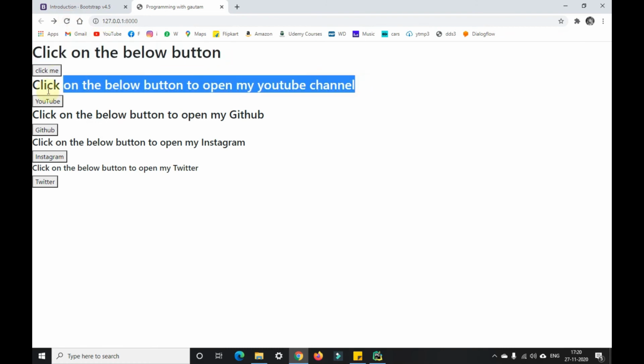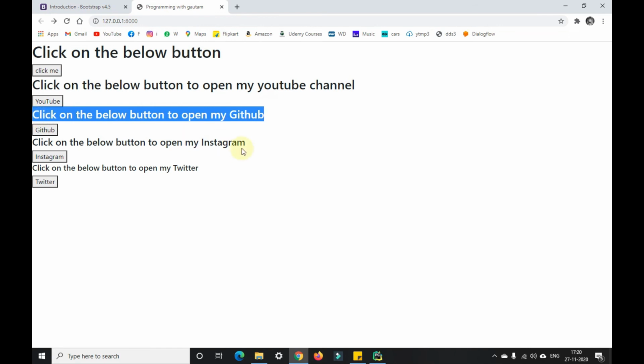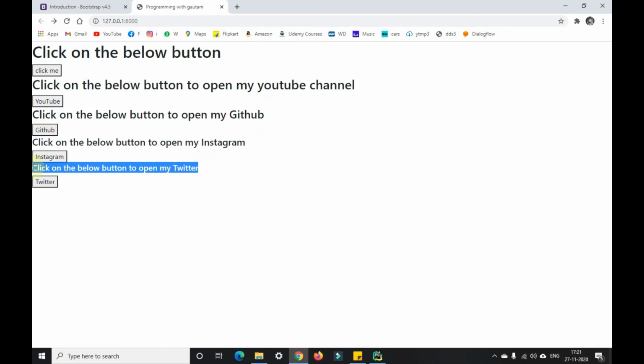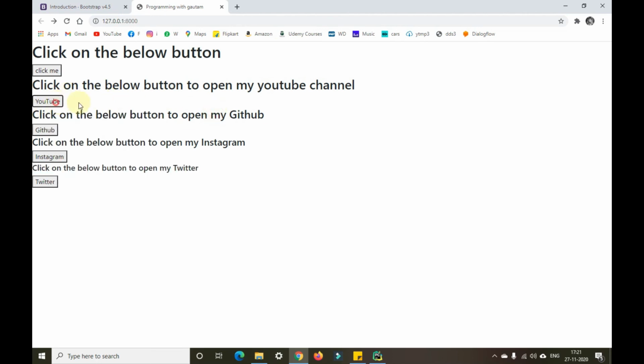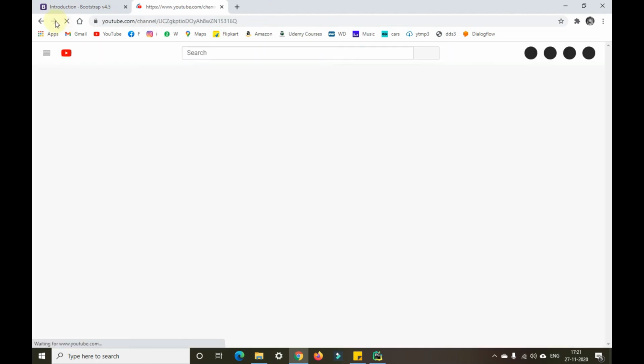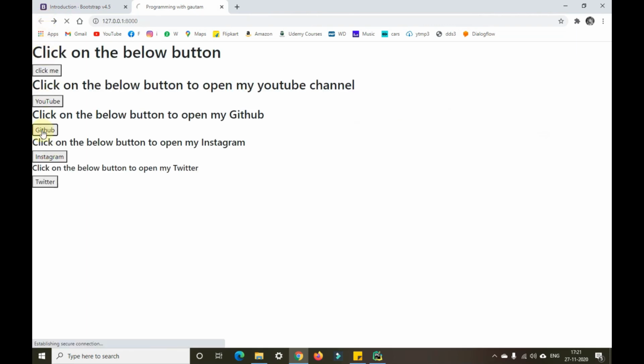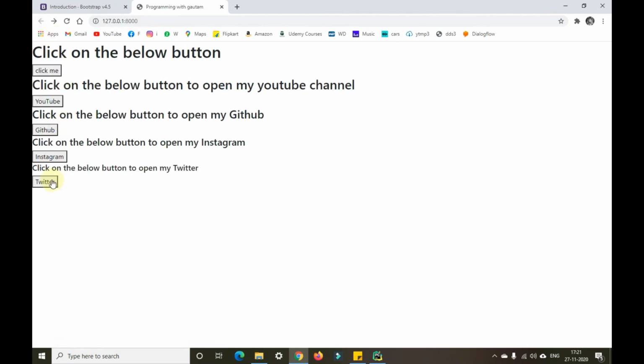Then this is H2, H3, heading 4, heading 5. Similarly, we have heading 6 as well. Whenever you click me, it shows an alert box saying don't click on the button again. This redirects to the YouTube page, this redirects to my GitHub page, this redirects to my Instagram page, and this redirects to my Twitter page.